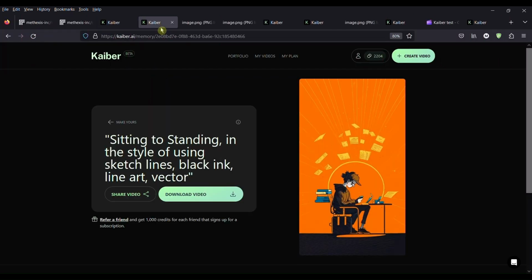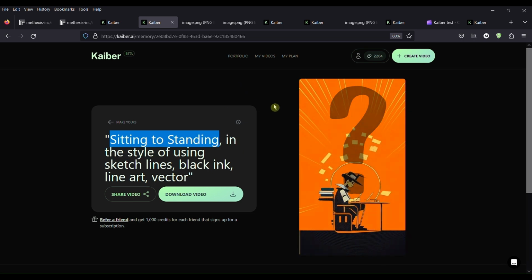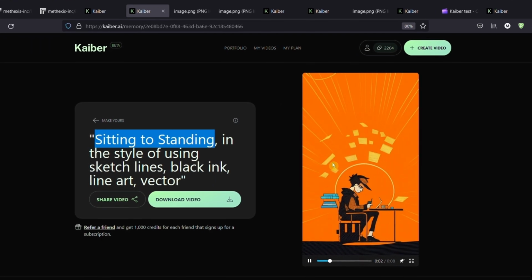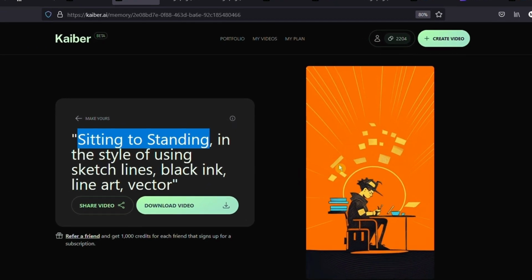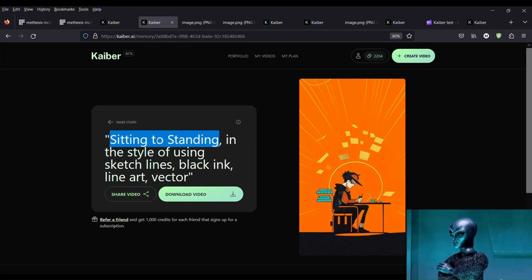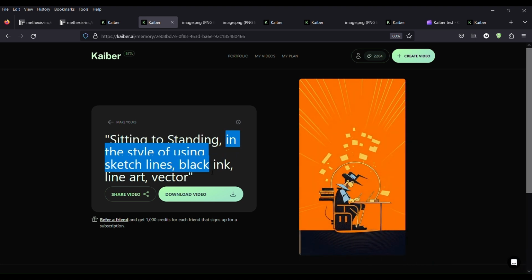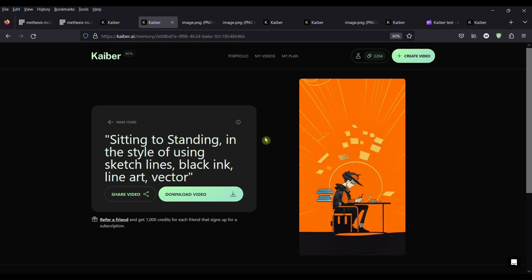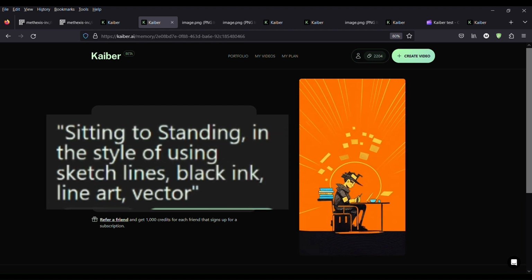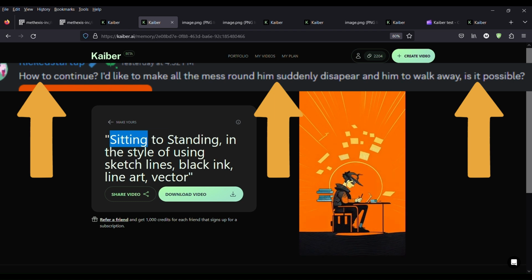The objective is, how do we take this sitting animation, even though the prompt says sitting to standing right here? How do we accomplish that, right? So in the video, unfortunately, the character or animation is only displaying the character just sitting, even though they initiated the request of sitting to standing, right? And then we're going to stick to the styling. So how do we come about that? Great question. The user was asking in the Kaiber Discord chat about this